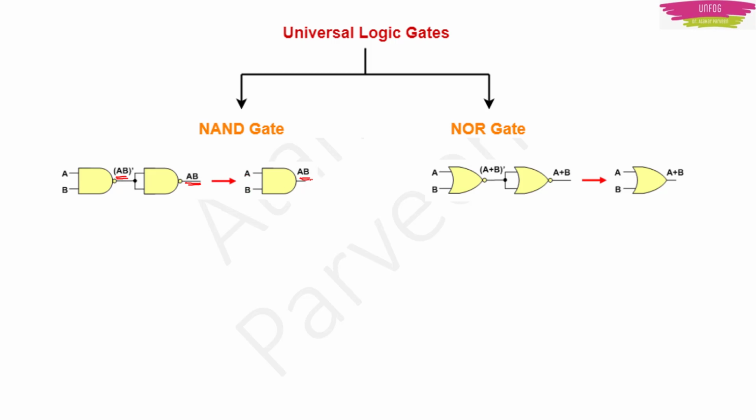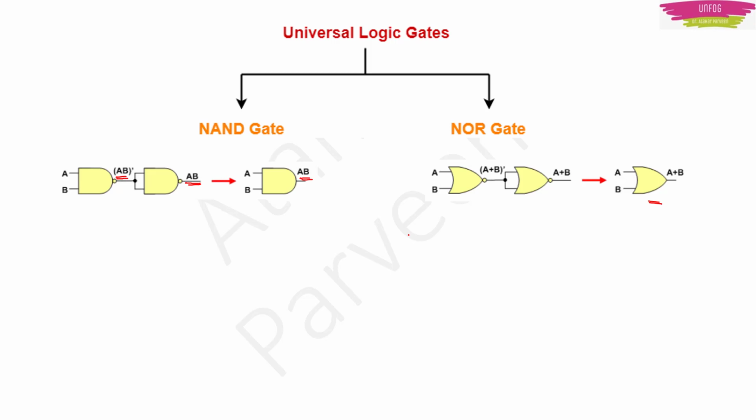In the same manner it is happening for NOR gate also. If you have A and B as input for a NOR gate, again you connect one more NOR gate in the output, then that A plus B complement is going to become A plus B. So which is the function of an OR gate. And how can you make a NOT gate? It itself is a NOT gate. One NAND gate is a NOT gate, isn't it? See, NAND gate is also giving you complement. NOR gate is also giving you complement. That means you can use NAND gate also as NOT gate. You can use NOR gate also as NOT gate. That's why you call them universal gates.